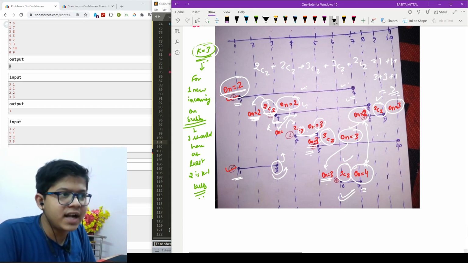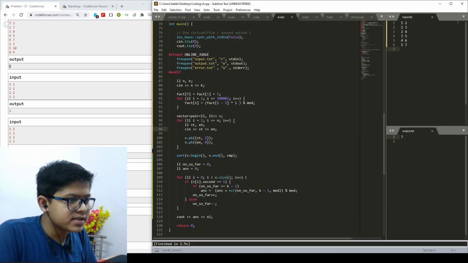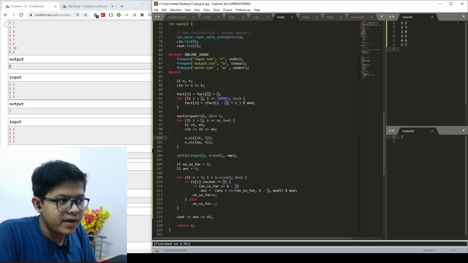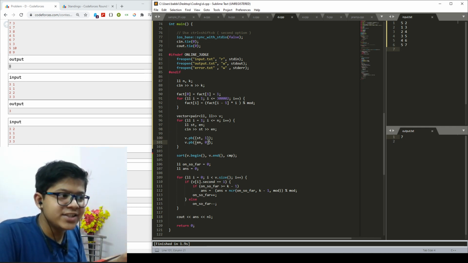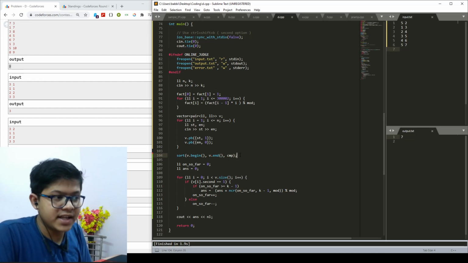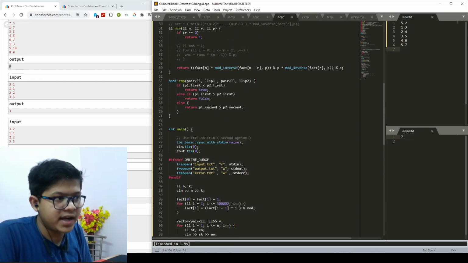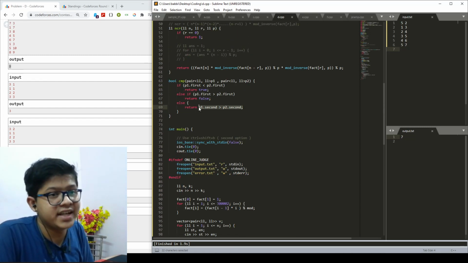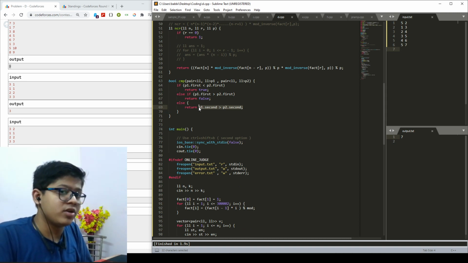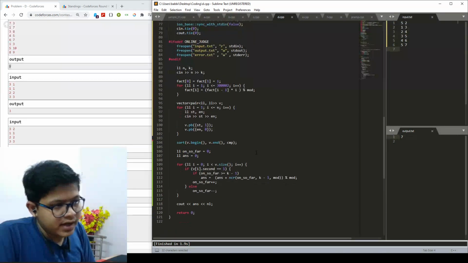So for that I need to sort my array such that your 1 part comes before and 0 part comes after. So I use my CMP, and as you can see in my CMP, I write the condition that my p1 dot second is more than, so it is sorted in that order. Very fine.